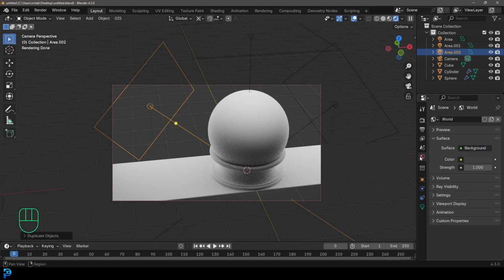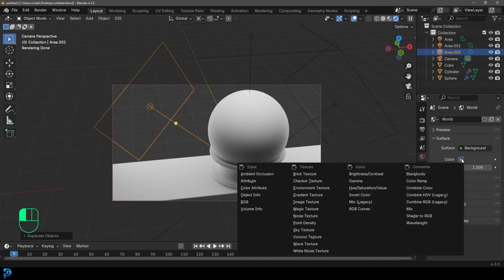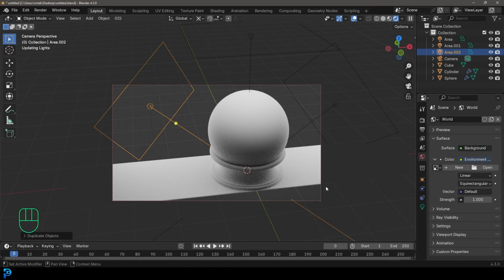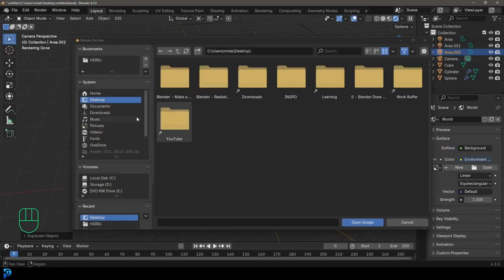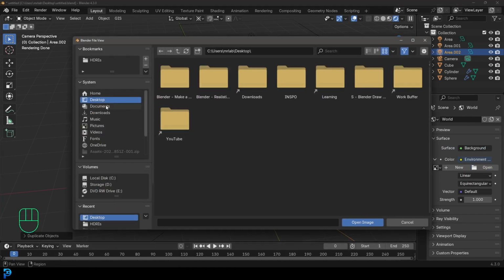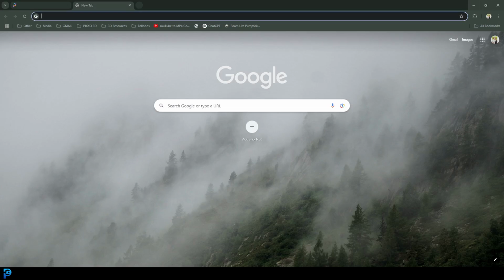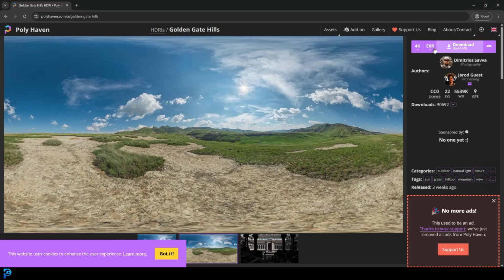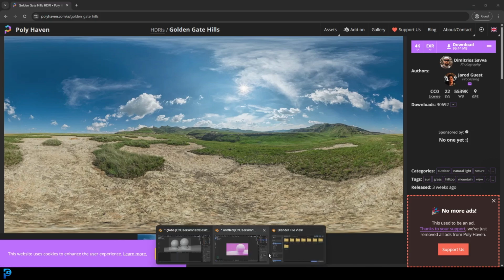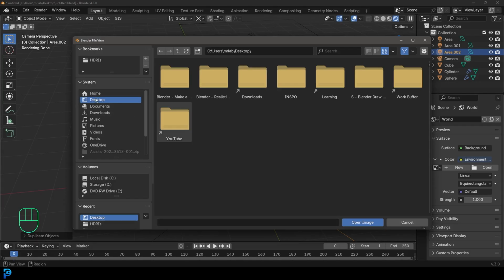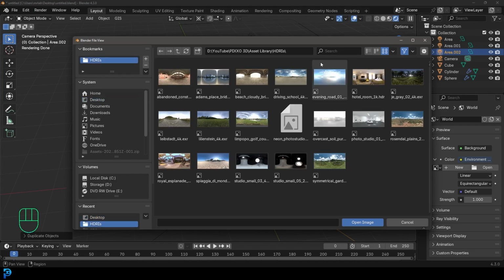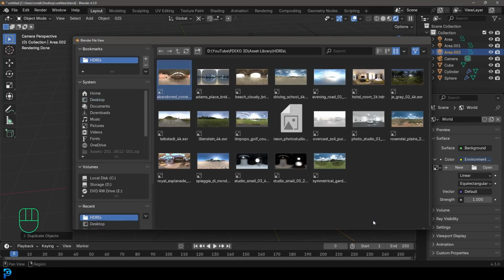But you'd go to your world properties, click here on this color tab, and go to environment texture, and then you just click on open and go wherever you've downloaded that file to. Whichever one you picked and then downloaded. Okay, so cool. I'm going to quickly grab mine. On my computer, I have it under my HDRIs, and I have this abandoned building